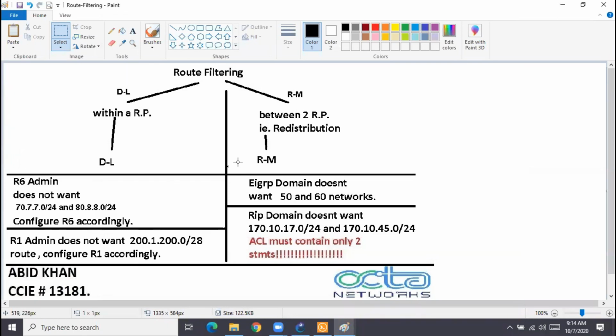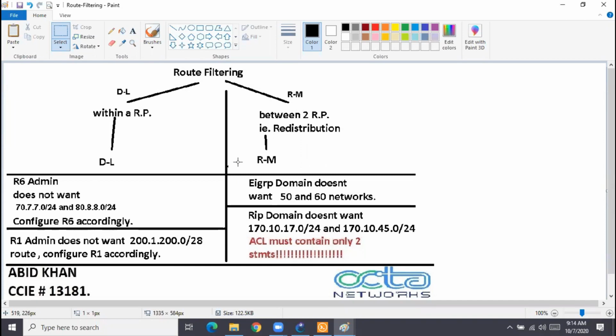The access list is not going to do the filtering; its job is to define the routes which need to be filtered. The access list tells the router which routes need to be filtered. That's the reason I call the access list only a matching utility. It can just identify.